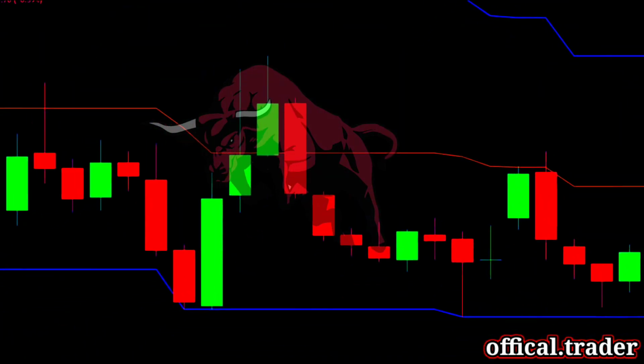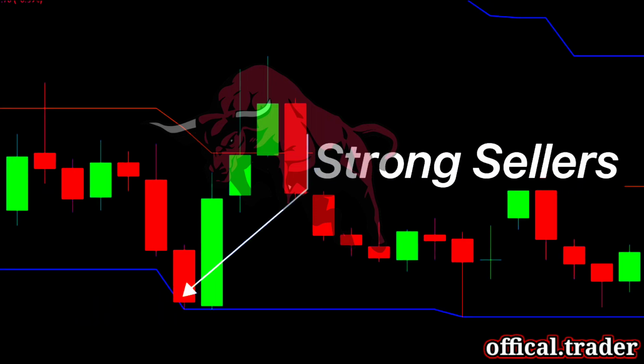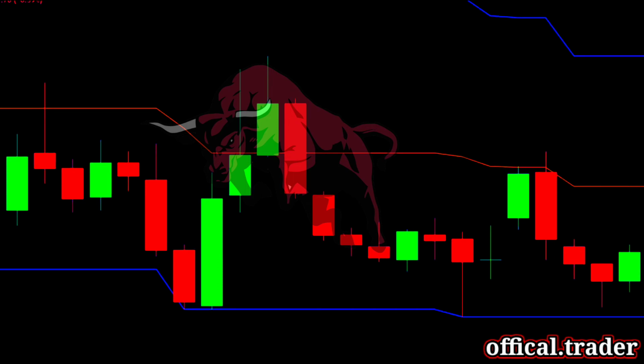So first, we want to filter out those stocks that have made a new 40-day low. A newly created 40-day low shows us that the sellers in the market are actively looking to push the prices lower. Their strength will help us in achieving profits on sell trades. Once we have identified such a stock,